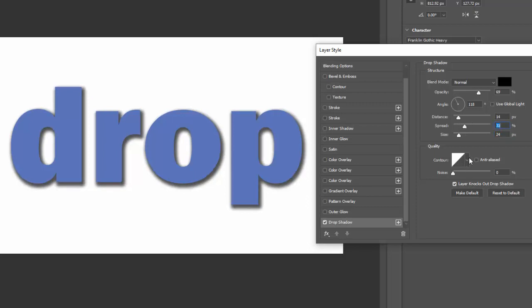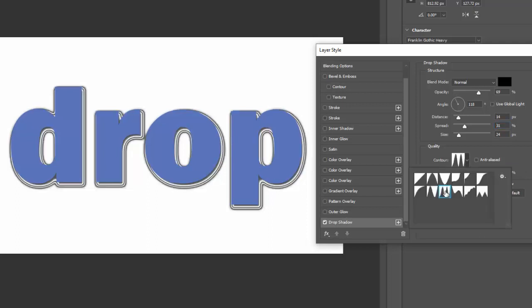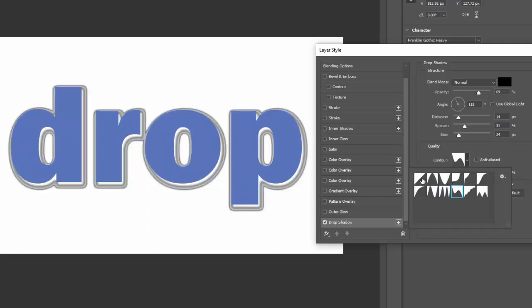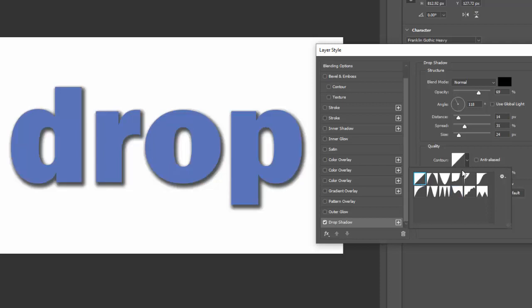Okay, and then your contour, you can mess around with that, but that just kind of creates weird effects. So this is the default. I usually keep it on that. And then noise will just pixelate it basically. Not really pixelate it, but kind of make it broken up. So I usually leave that down as well. And that's it. You can just really play with all of those different little controls to tweak it the way